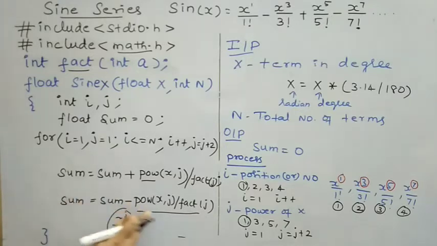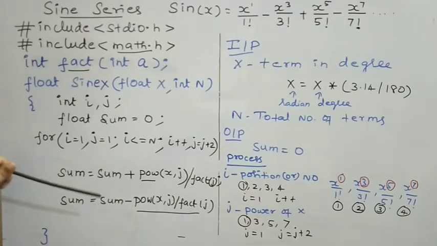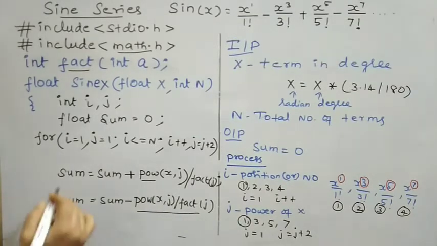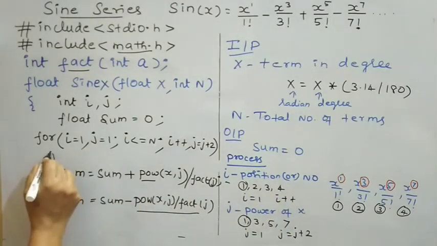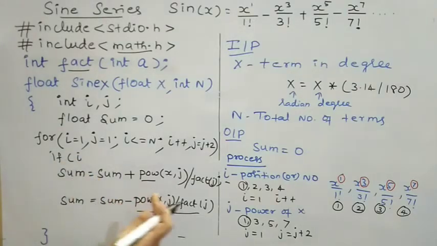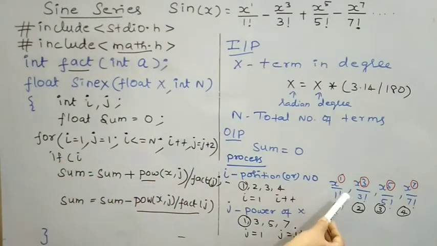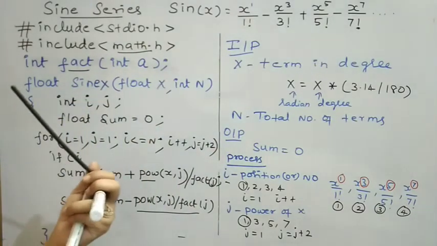The term is either added to the summation or subtracted from the summation. When am I going to add into this summation and when am I going to subtract? It is decided by the position of the term, that is i. So I am formulating a condition on i, the position of the term. Let me mark the position of the term.